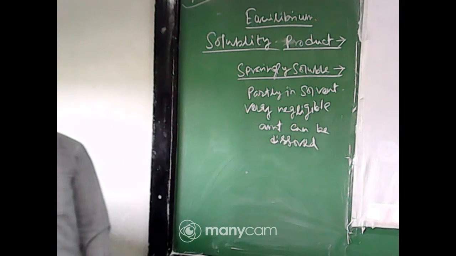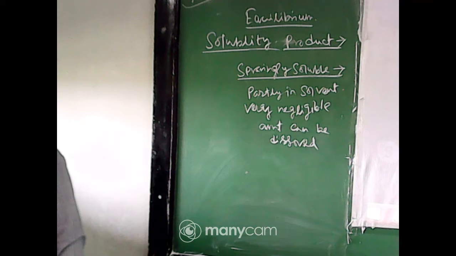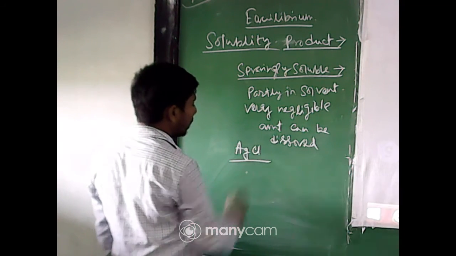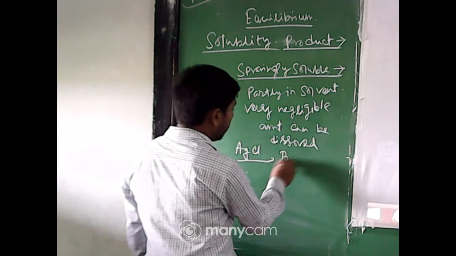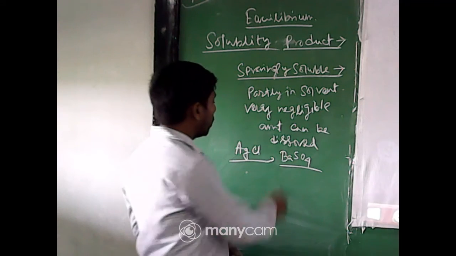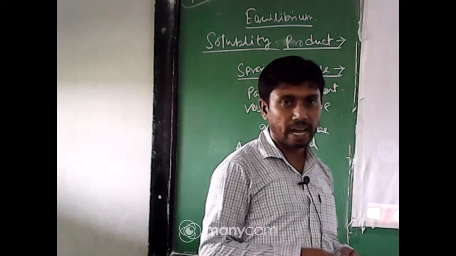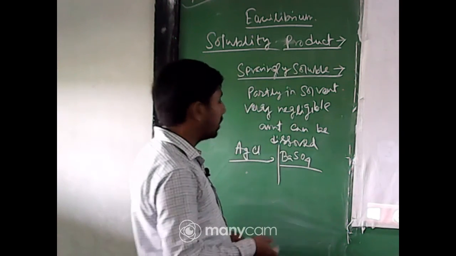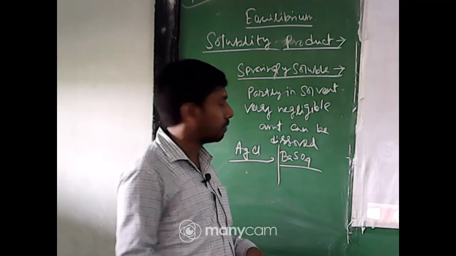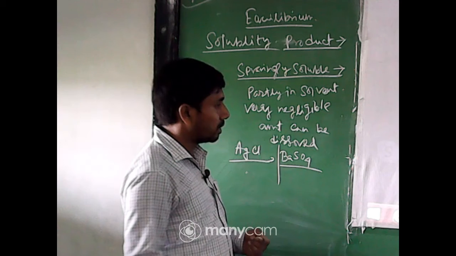An example of this kind of salt is silver chloride, AgCl. So AgCl may be called a sparingly soluble salt. Barium sulphate, the amount of barium sulphate dissolved is so negligible that we cannot identify the cations and anions in the solution in the broad perspective. That is, when we are testing for the cations and anions, we have to test in another way, in micro amounts.